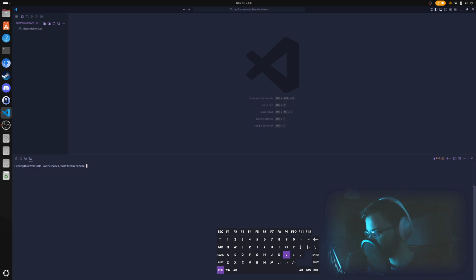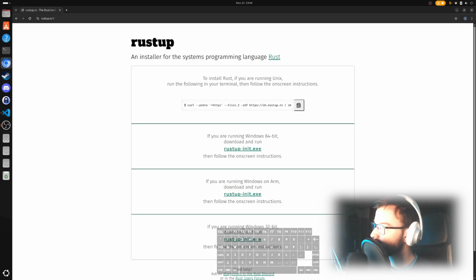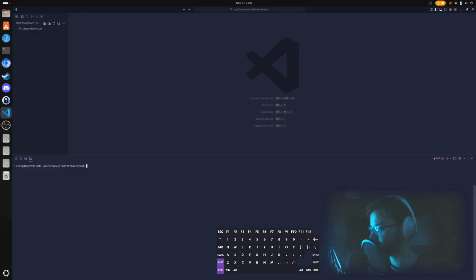Okay. So to get started, you're going to want to have the Rust toolchain, right? It's a set of tools that you're going to need to build Rust projects. You can get them from rustup.rs. You can see it right here. On Linux, you'll get this command right here. If you're on Windows, you get an executable, right? That's just going to create Rustup for your system. We're on Linux, so we're going to copy this command right here and we're going to run it in our